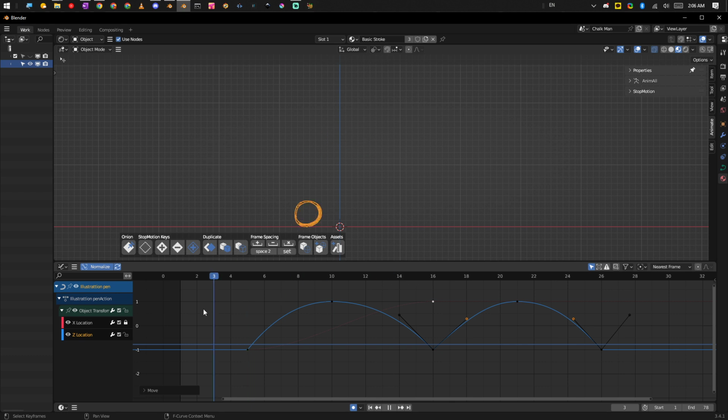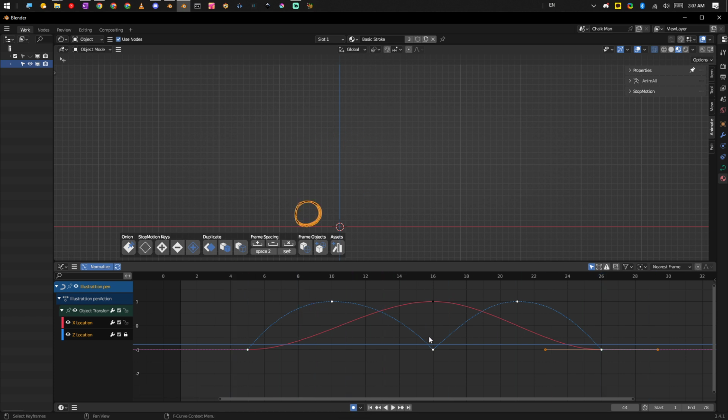There we go. All right, so we've got a fast bounce, and we just want to change our key. So let's lock our blue, unlock our red, and just drag that key out here. So now we've got it bouncing